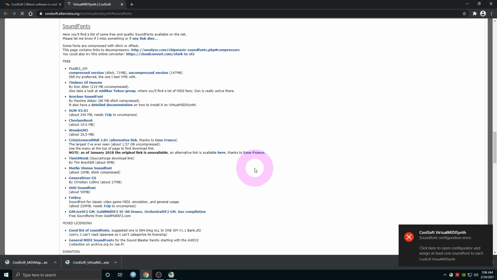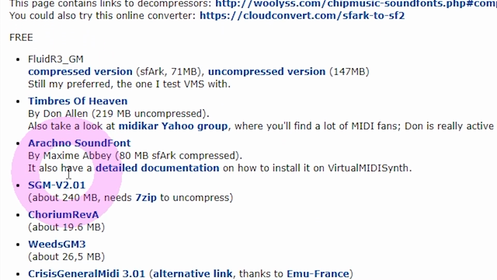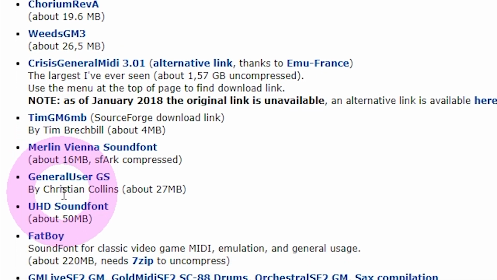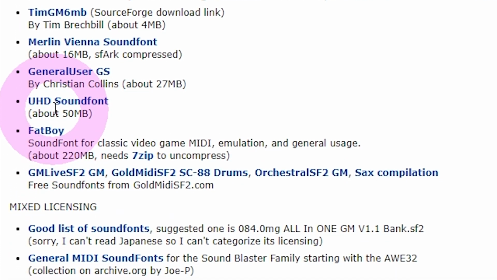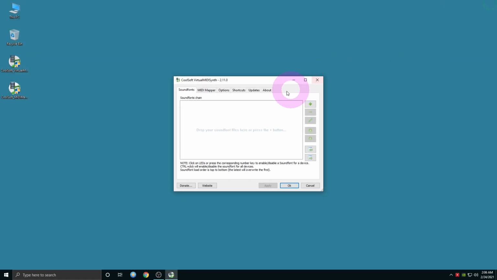Once you're finished, a new page will open, taking you to sound font download directory. Just choose and download the preferred sound font, and don't worry if you're not sure which one you want, you can just download them all and try them later to pick your favorite one. Once you're done, close the page and let's move on to the main app window that opened after installation.